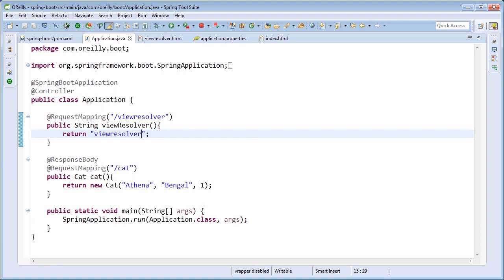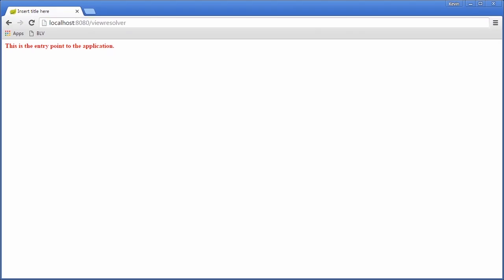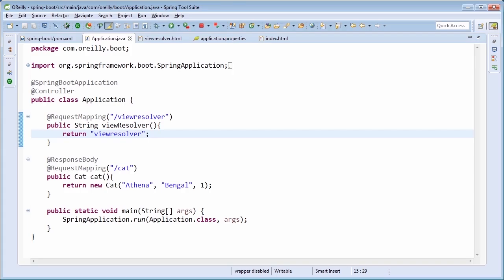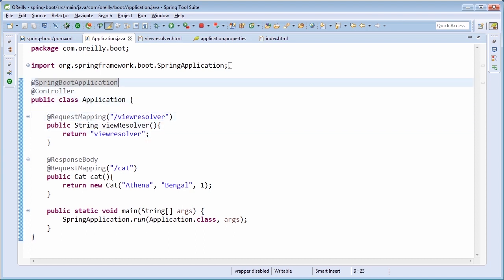Thymeleaf templates. So if we navigate to our browser and we fire a request against that URL, you'll now notice that our Thymeleaf template is displayed for us, and that is all handled by beans configured by Spring Boot behind the scenes. You'll find that by having the Spring Boot application annotation on your application and having the Spring Web